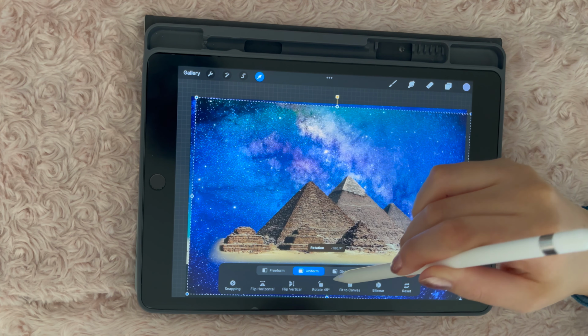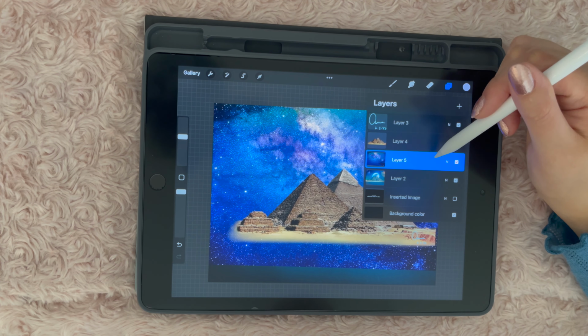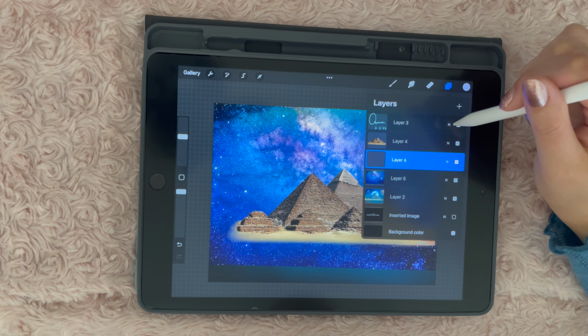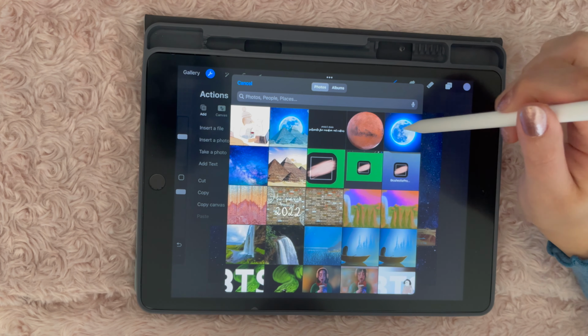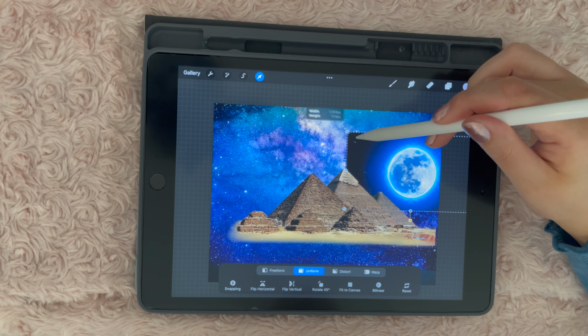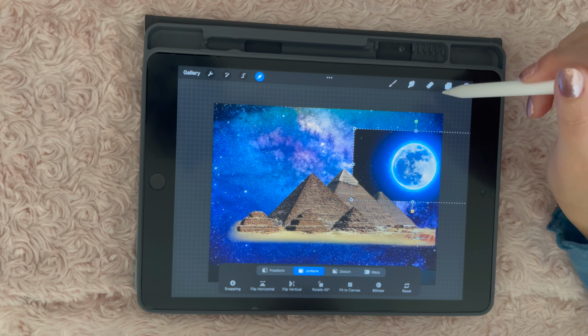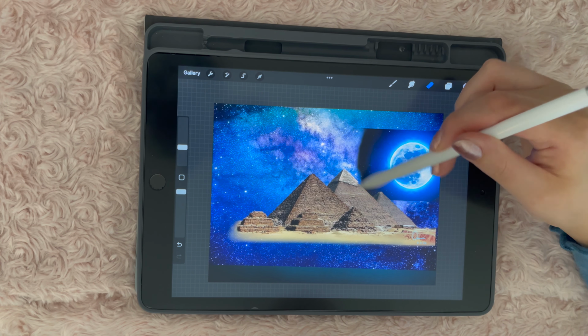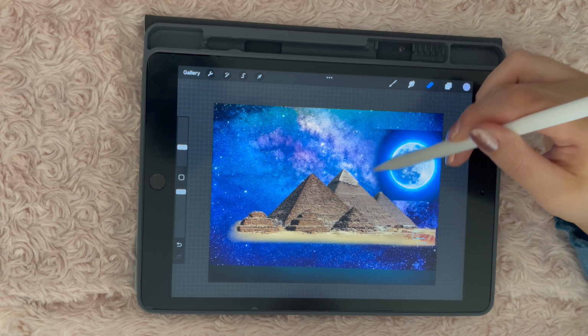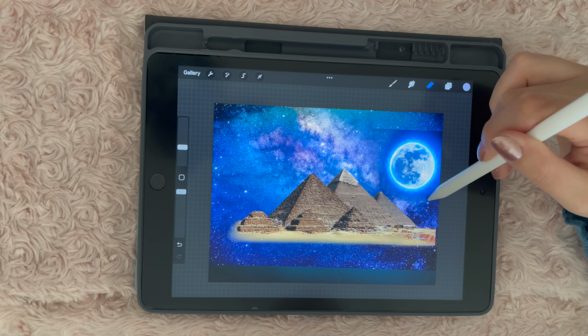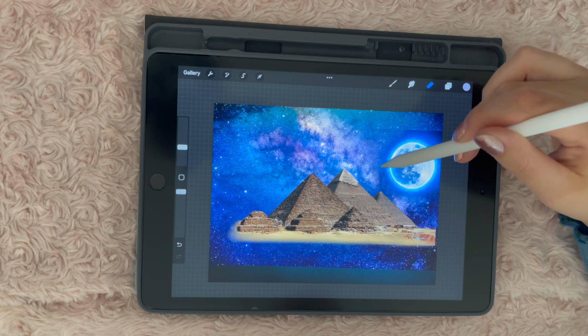This time I flipped it upside down because why not? I'm just kidding, I like the colors better. So I flipped it upside down and then I added a layer over that and added the moon. I'm using the eraser set to a spray paint setting to erase the background of the moon picture so that you can only see the moon,